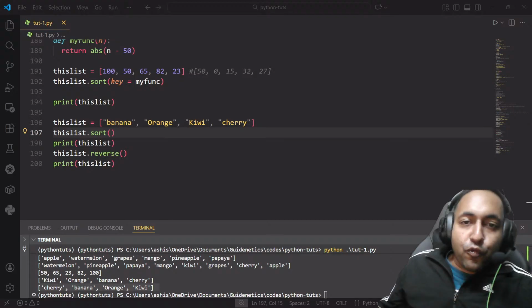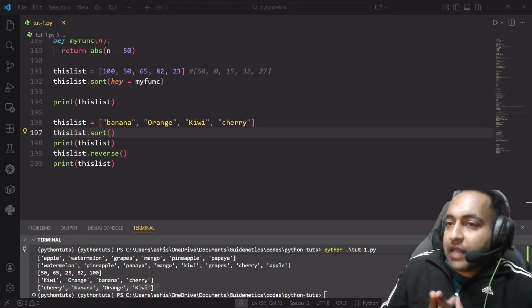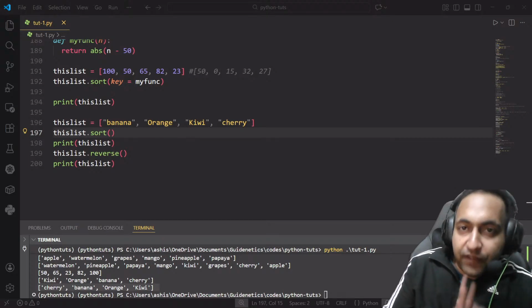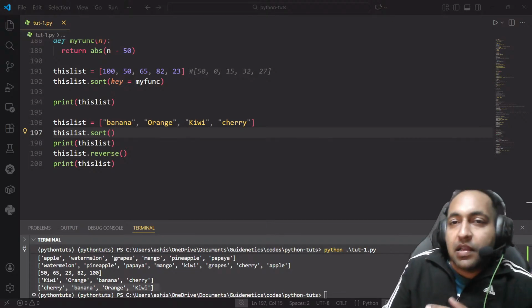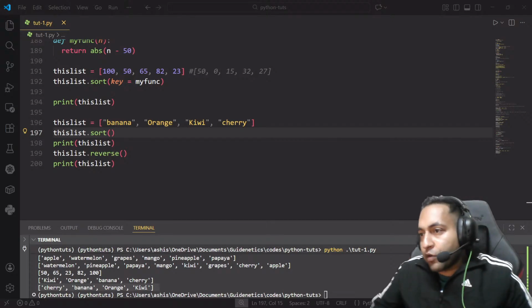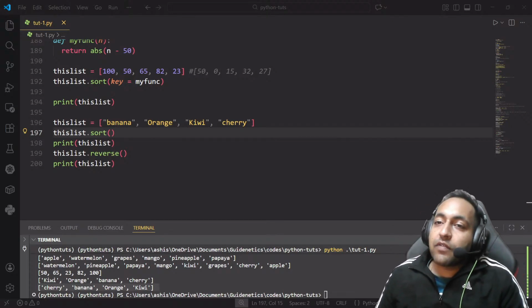Now let's see how we can copy a list in Python. You cannot copy a list simply by typing list2 equal to list1, because list2 will only be a reference to list1. This is important to understand. If you already know, that's great, but otherwise it's important to understand. So changes made in list1 will